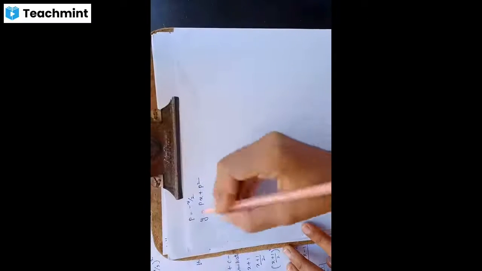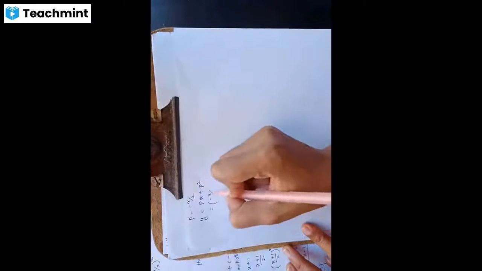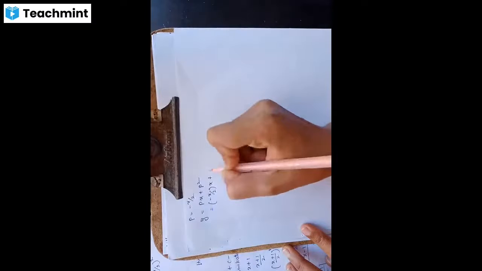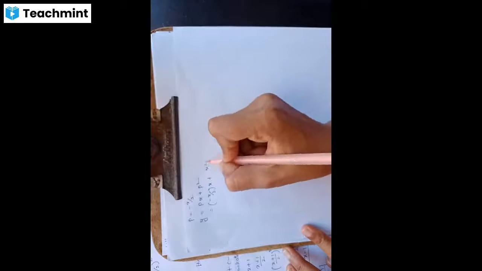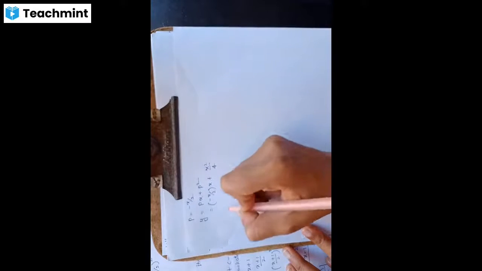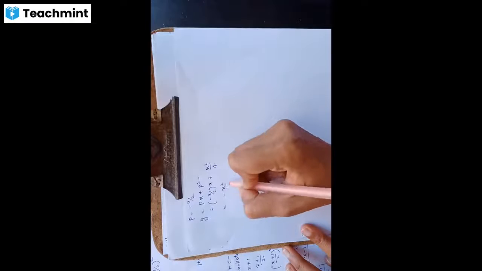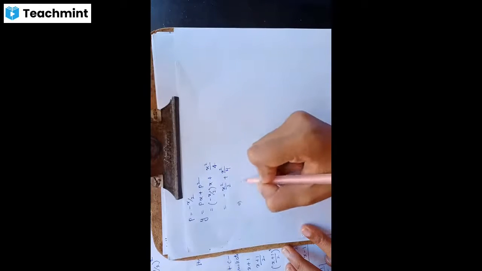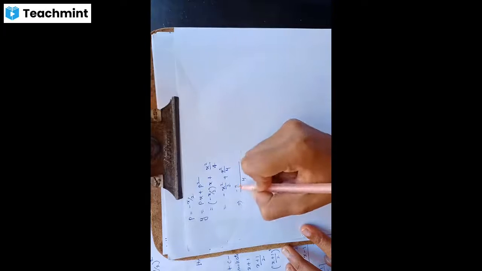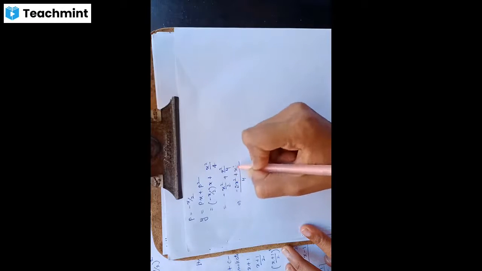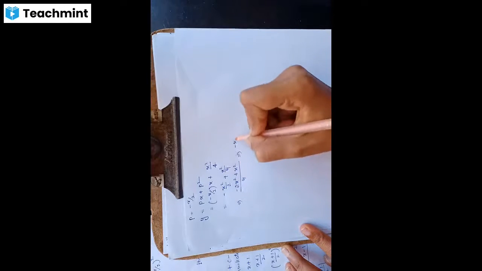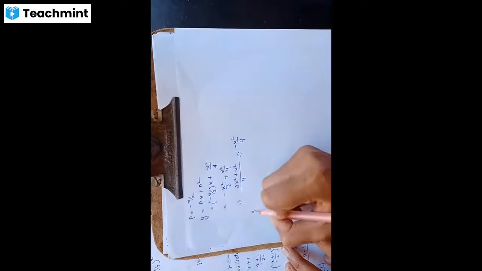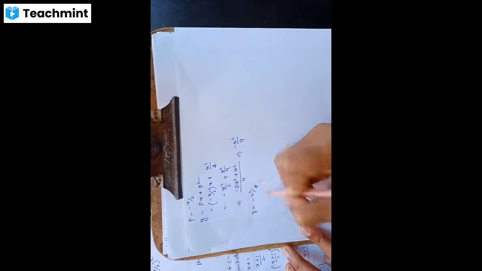x by 2. So p is minus x by 2, into x plus p square is x square divided by 4. So it will become minus x square by 2 plus x square by 4. So now take the LCM as 4 and write minus 2x square plus x square is minus x square by 4. So y is equal to minus x square by 4.